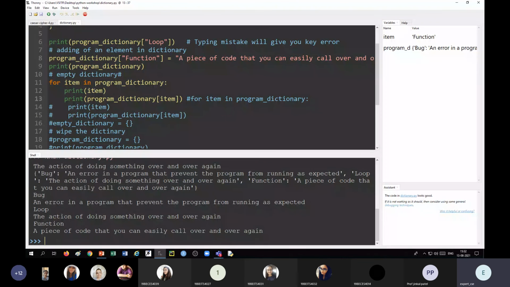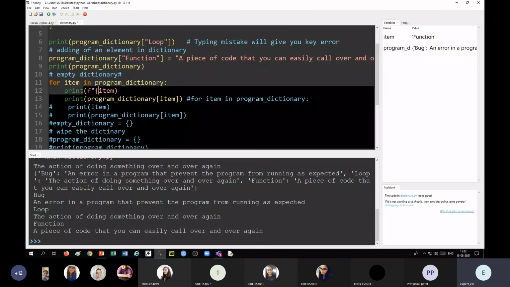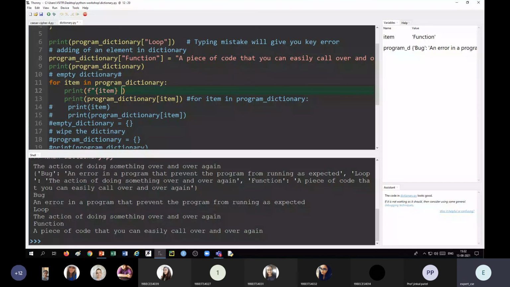Okay, you can print on the same line also. For example, we can use an f-string. Item must be written in curly brackets because it's a value we want. We want a colon, and we want its value now. We can say program dictionary. Okay, so now let us see what we are getting.